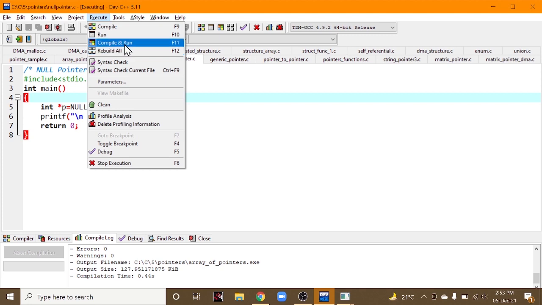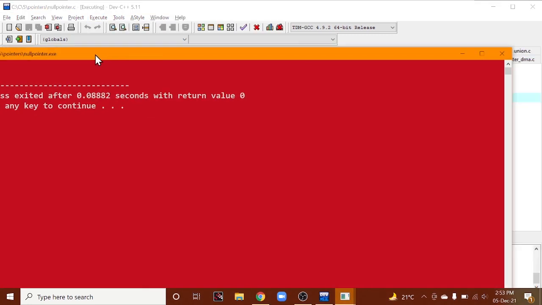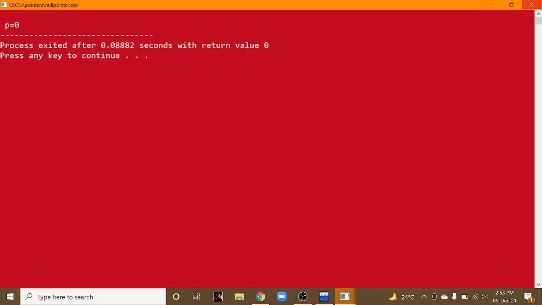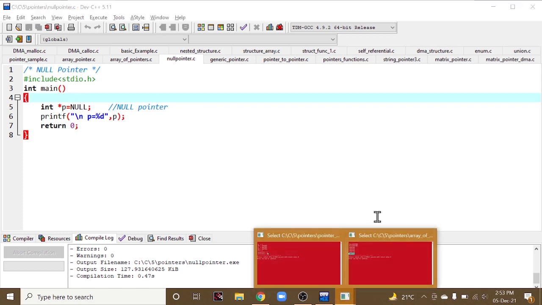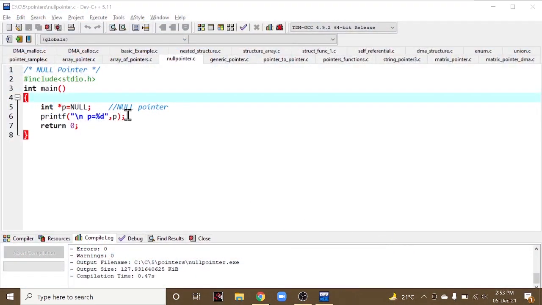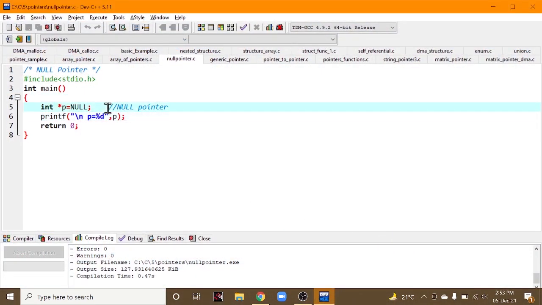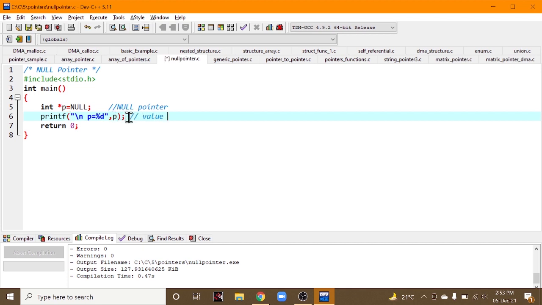So obviously the output you will get is 0. A null pointer points to the 0th address. We have just written null here, and when you declare it as null, then obviously that value will be 0. This is about null pointer.